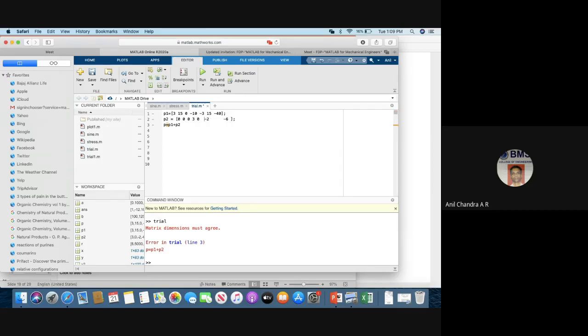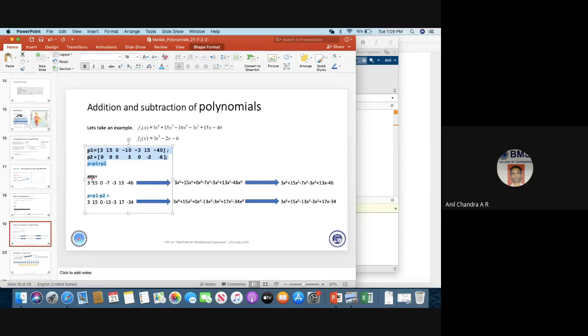I think the participants have got a sense of how important it is to match in order to get the addition. Similarly, you can do P1 minus P2. The same rule applies. You have to stick to that thumb rule that the sizes of the orders must match. So for P1 minus P2, ensure that the orders match.